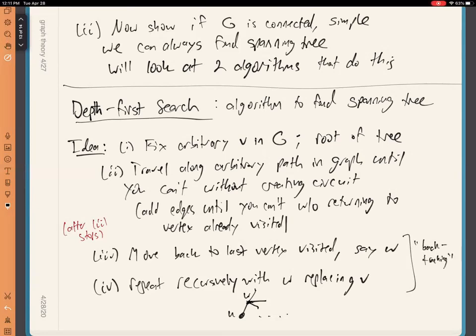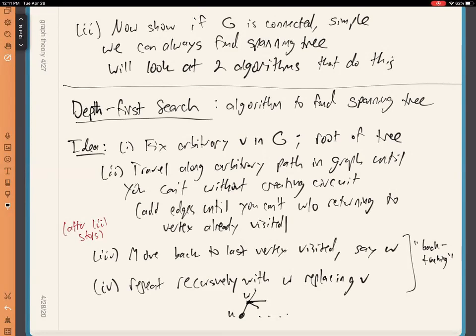Right, because what you're doing is you're traveling along some path of vertices, as many as you can, until you can't anymore without creating a circuit, and then you just backtrack along the path until you go back to the last vertex, and if you can continue going from that vertex in an alternative path, you take that path and you continue doing this. And so all the new paths that you construct via the backtracking, you just link up with the first path, right? So you successively link these paths together, and eventually, since the graph has only finitely many vertices,